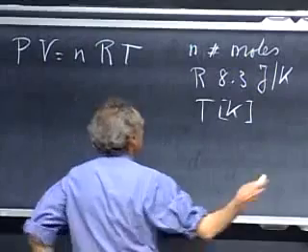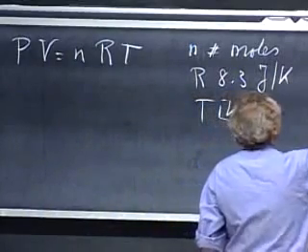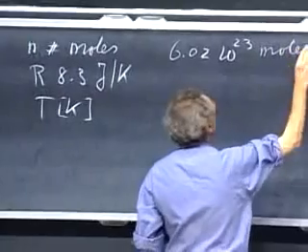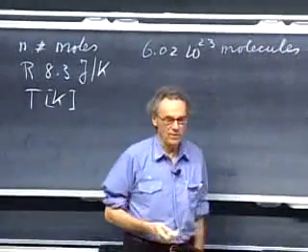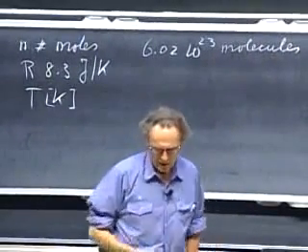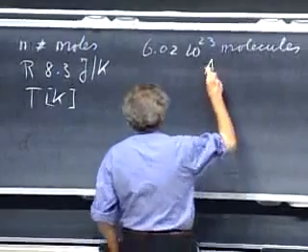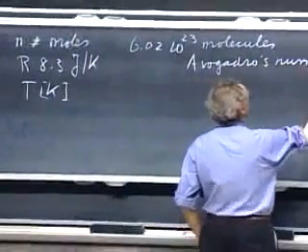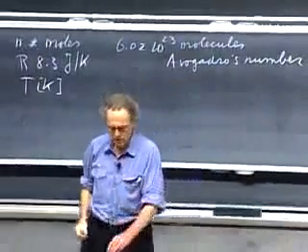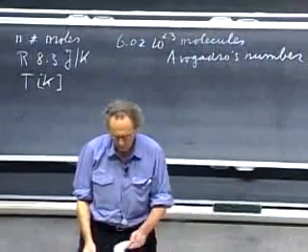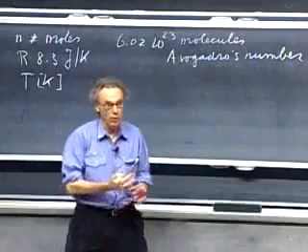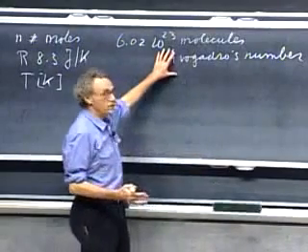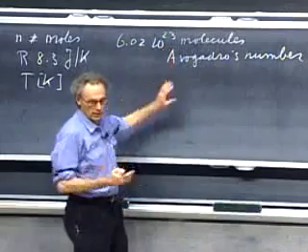A mole has always about 6.02 times 10 to the 23 molecules, or atoms in the case that you have helium, but I will call that molecules. And this number is called Avogadro's number. That's the definition of a mole. If you take a mole of helium or a mole of oxygen or CO2 or N2, it doesn't matter. Always has this number of molecules approximately.